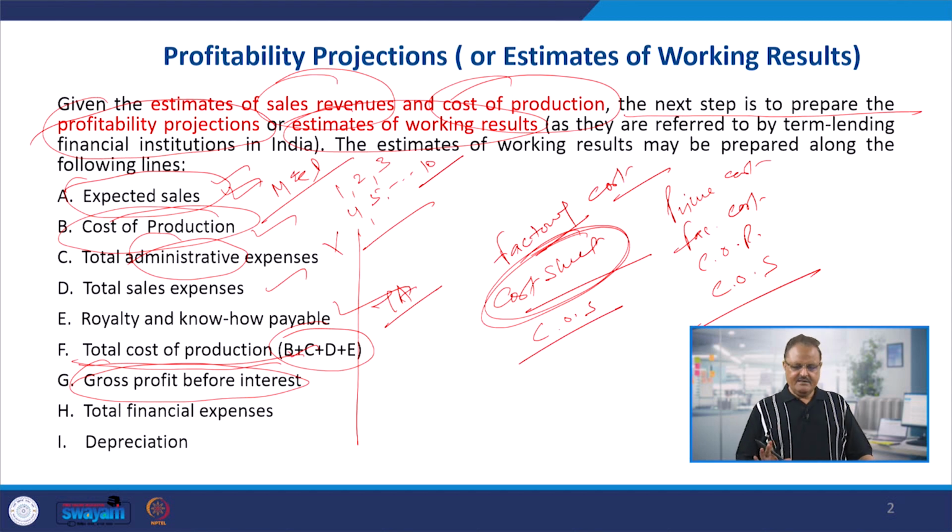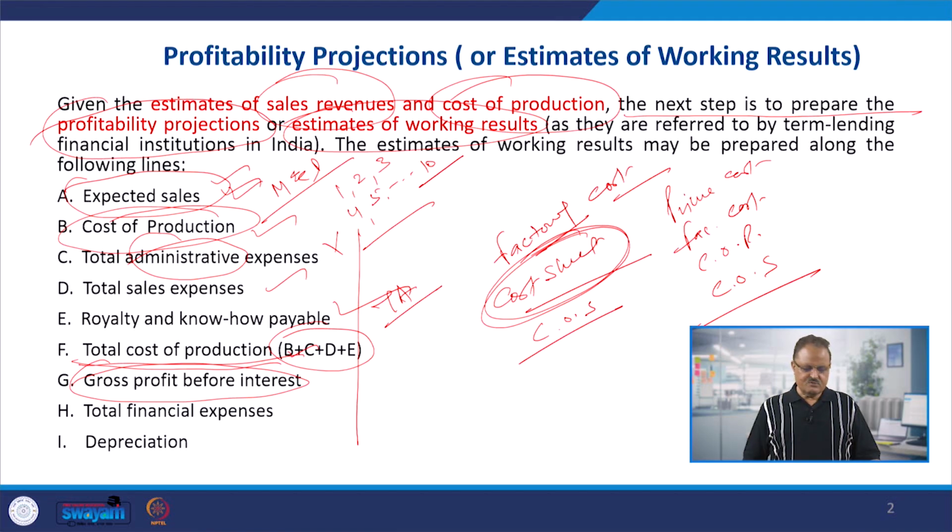So this is the difference between the sales revenue and the total manufacturing cost, and the difference we call a gross profit. Why is it a gross profit? Because this is not the final divisible profit. This profit is not available to the entrepreneurs, or to the owners of the business, or maybe any other stakeholder. From this profit you have to make certain additions, certain more incomes have to be added, which are called